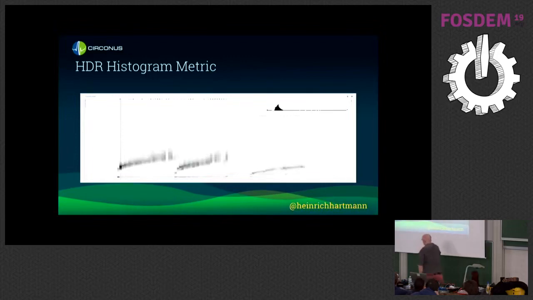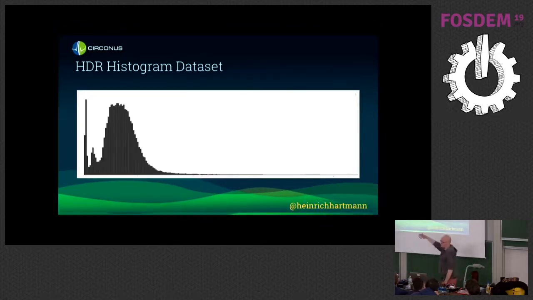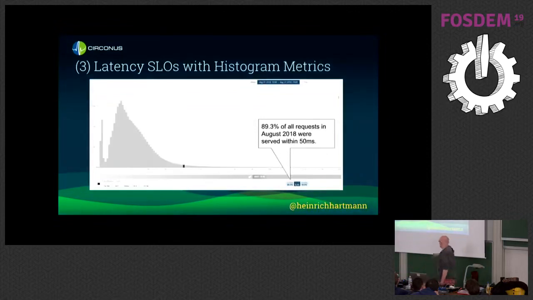So for each point in time, we not only have one percentile or one average, we have the full histogram. And then we can go and aggregate it freely. I selected a time frame, and then I can just view the complete distribution. And then at the very end, I can do my latency SLO very easily. I just select something here, and then I have